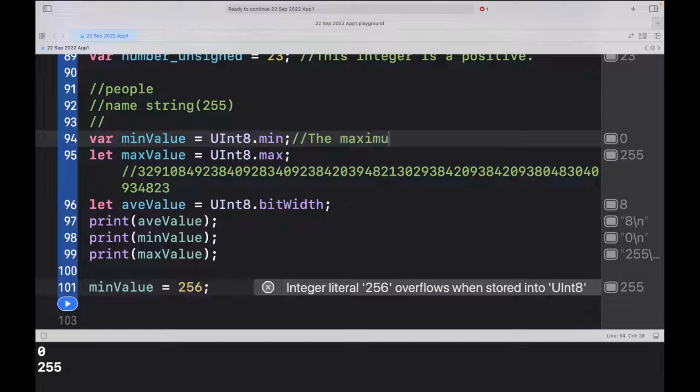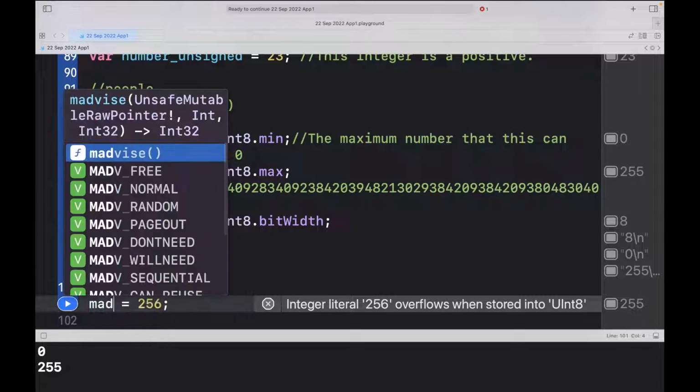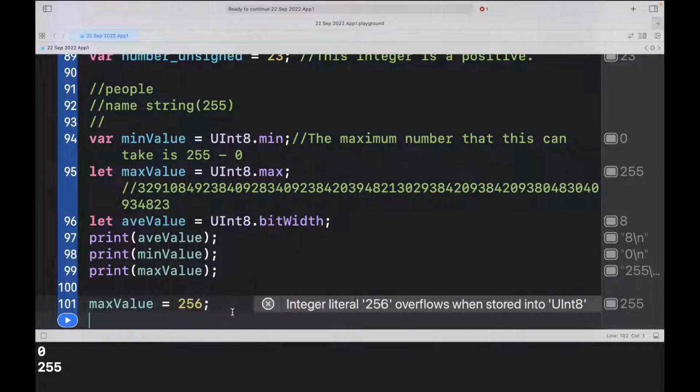The maximum number that this can take is 255, from 0 to 255. So then what if I do it with max value? Well, either way, it's still not going to work because it's of UInt8. That's pretty much what we see here. Because what I did here,